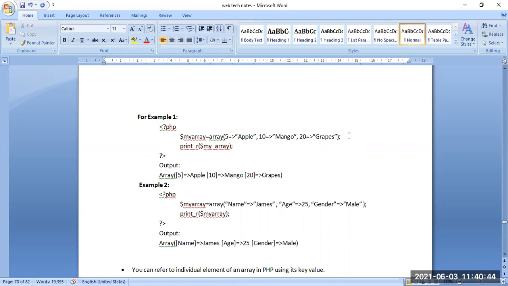So 5 is the key for the value apple. Then print_r of my array. When we print the value of my array, we get 5 to apple, 10 to mango, and 20 to grapes.